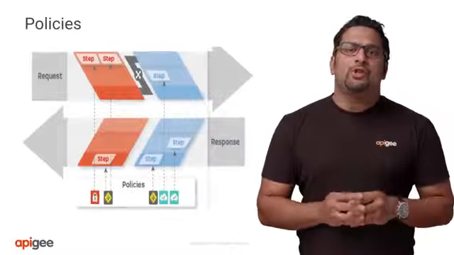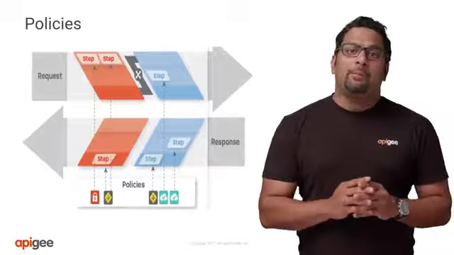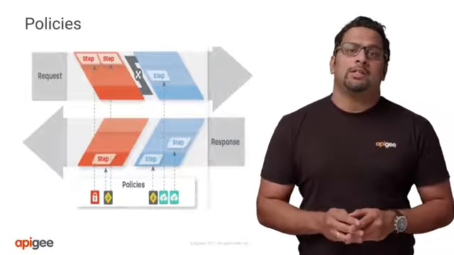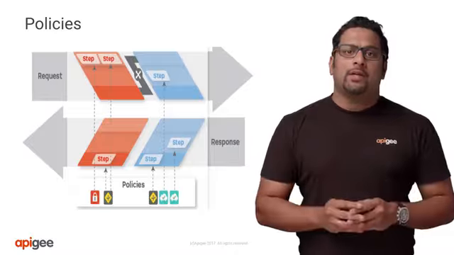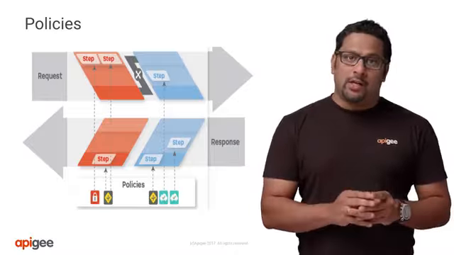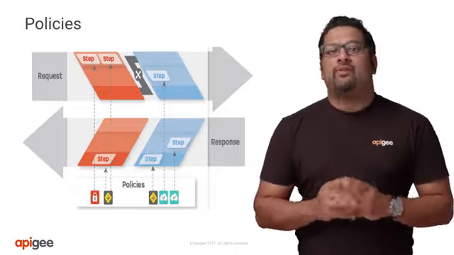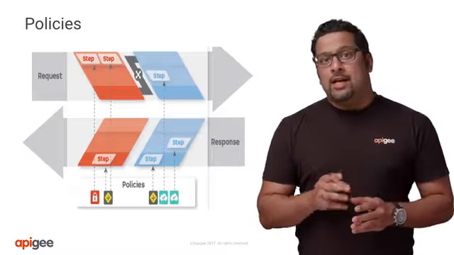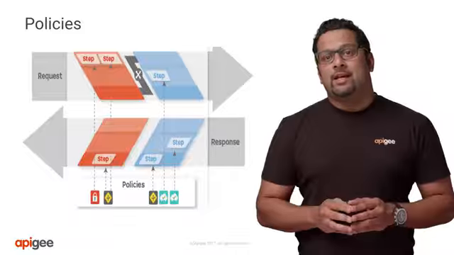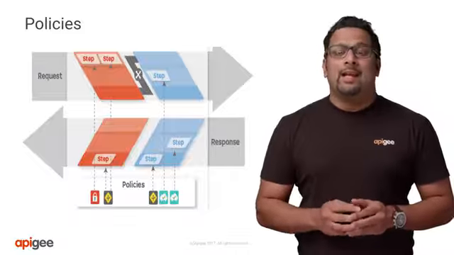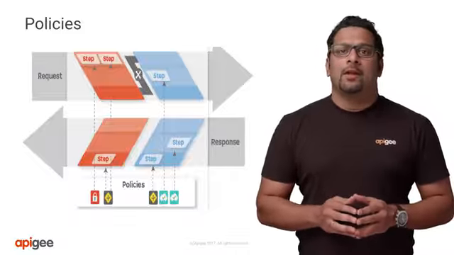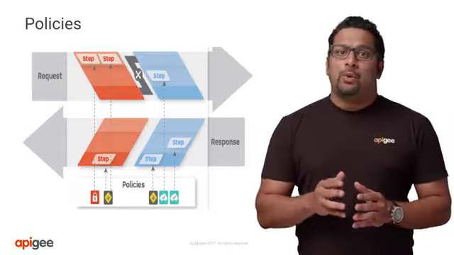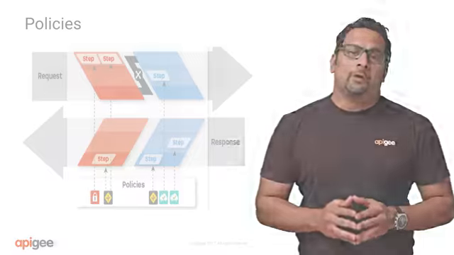Apigee Edge enables you to monitor and modify API behavior without writing any code, that is, by using policies. Each step in the proxy implementation is a policy which is configured to perform a specific function. Apigee Edge out-of-the-box policies can be grouped into different functional categories, which we will be covering in detail later in this module. These policies can be placed in the request response path within the proxy endpoint and target endpoint.